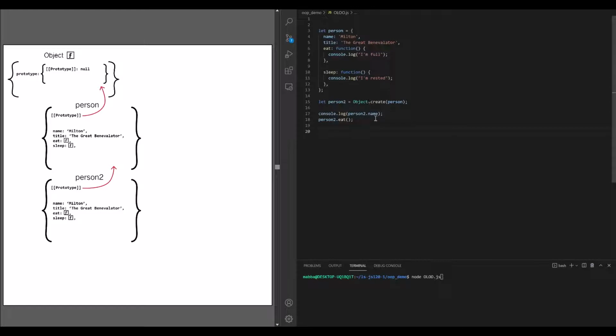So we use Object.create to create a new object and use our person object as the prototype for person2, which we know is going to point the hidden prototype reference up to this object. Okay, and then we can log the properties that are now associated with person2. Okay, we get the expected values, but